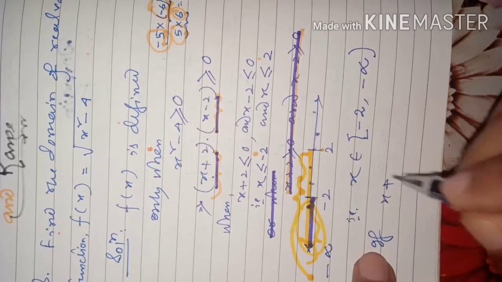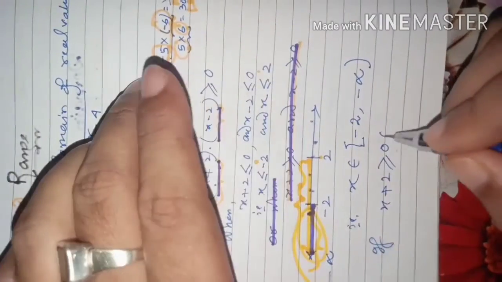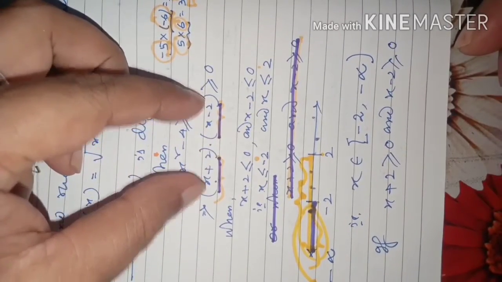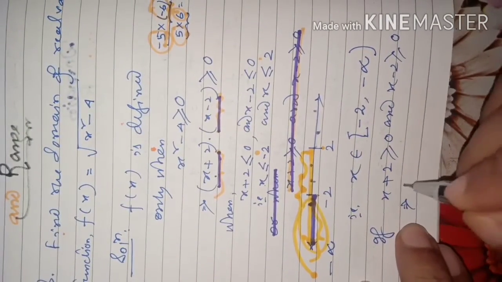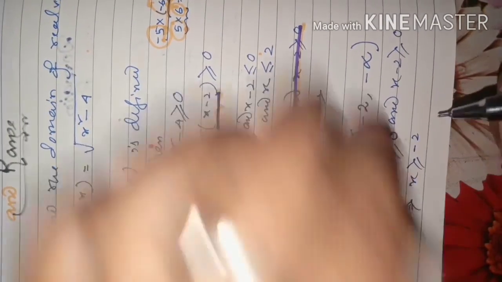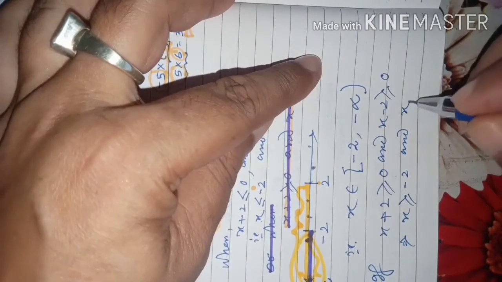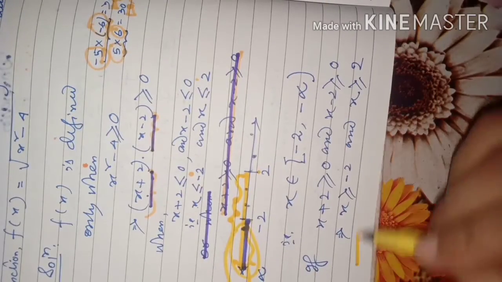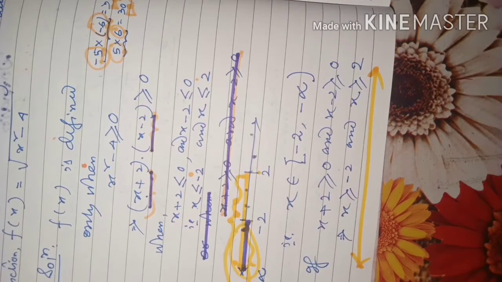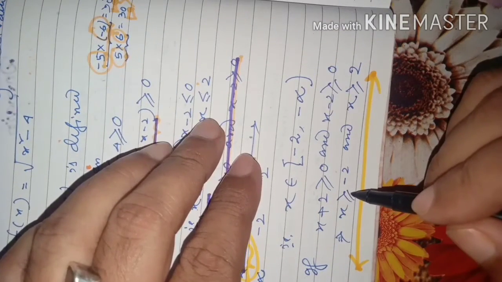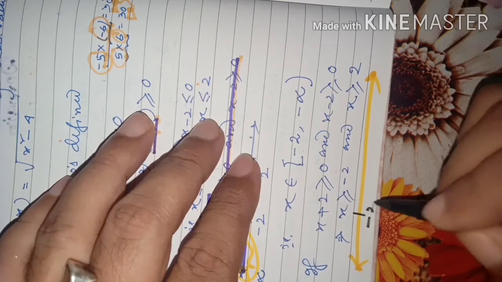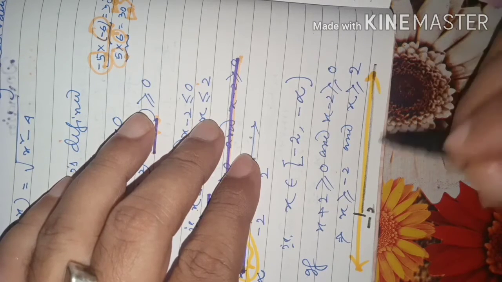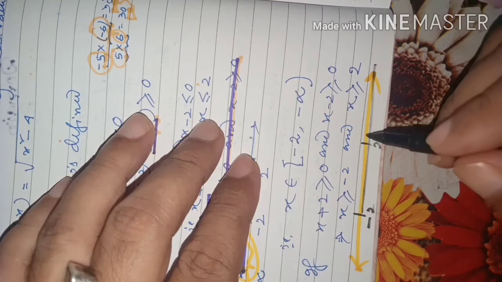If x plus 2 is greater than or equal to 0 and x minus 2 also is greater than or equal to 0, then also this product will be greater than 0. From this, we can say x is greater than or equal to -2 and x is greater than or equal to +2. When we understand it by means of a line, it becomes very clear. Suppose -2 is here, then greater than -2 means this side, and x greater than 2 is here. Greater than 2 means again from this side.